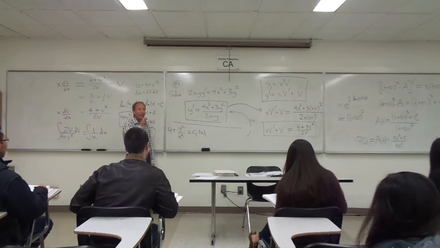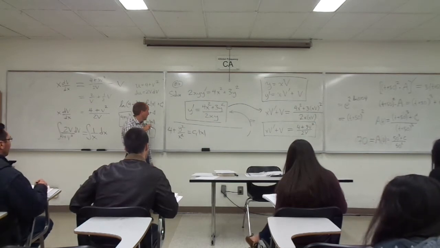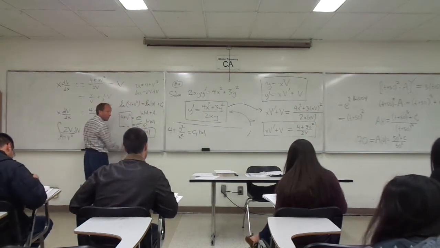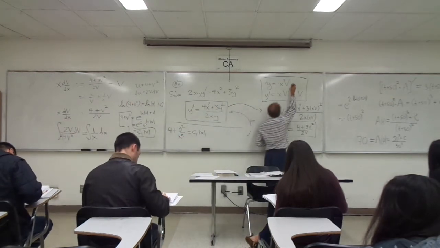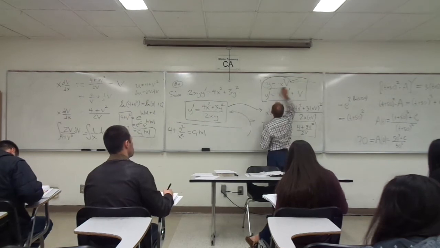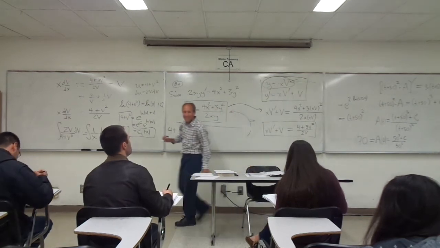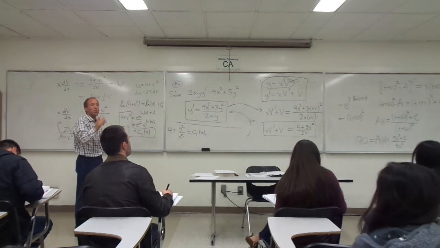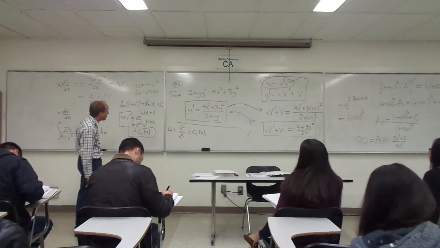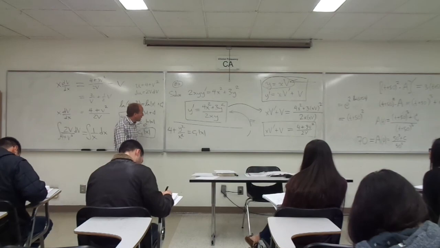I have a question. Yeah. What did you get for y squared? V squared is y squared over x squared, right? What is v squared in that equation? Yeah, v is just y over x, so I'm just squaring that. So I get y squared over x squared. Good. All right, so from here, what do we